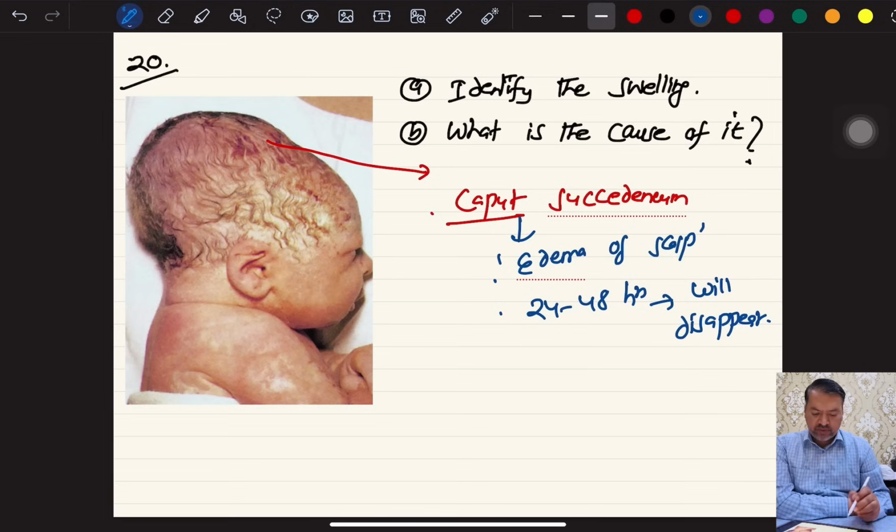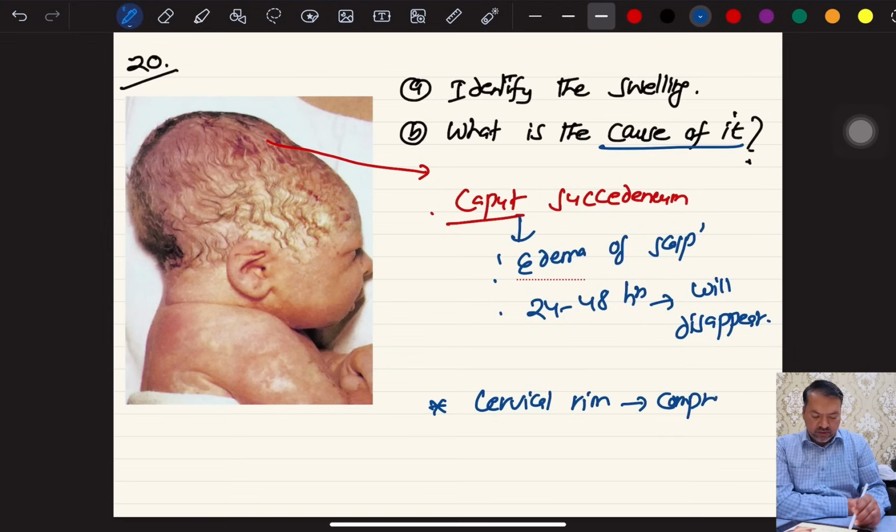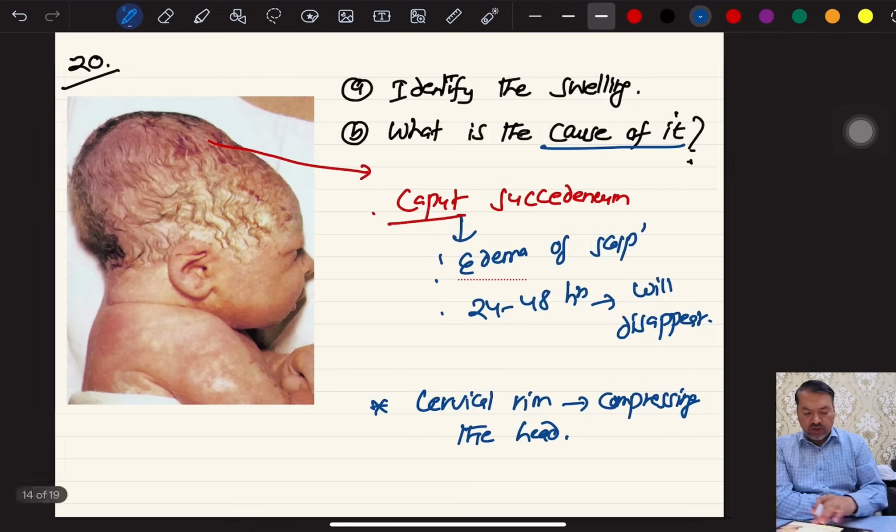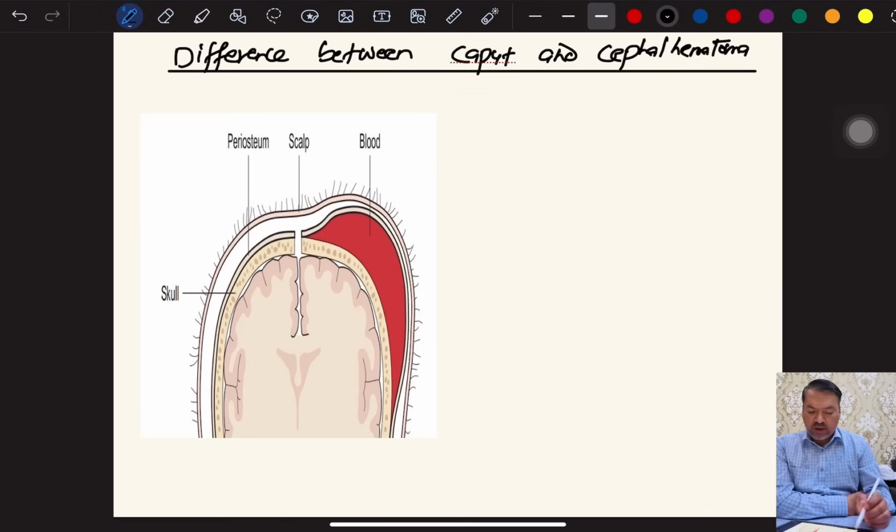This is Caput succedaneum. Now, dear students, what is the cause of it? I have already explained to you. This is caused by constant compression of the head by the cervical rim. The cervical rim is compressing the head, and the head is a presenting part in this case. Okay, and that's how it is present there. Now one more question which is very commonly asked here is, what is the difference between Caput succedaneum and cephalhematoma? Now Caput succedaneum, you can see there in the picture, the Caput succedaneum is